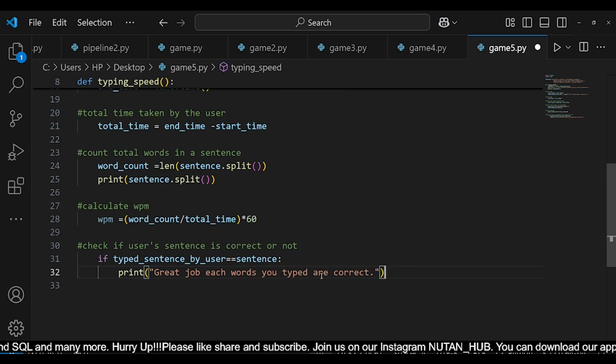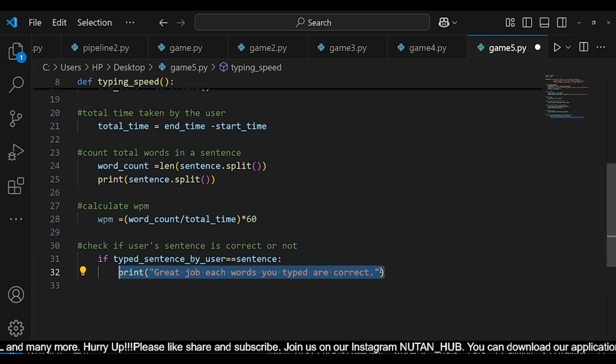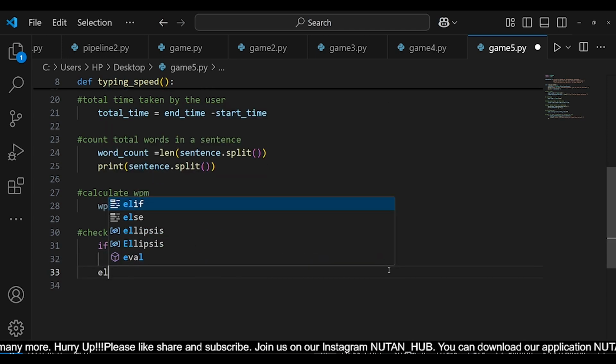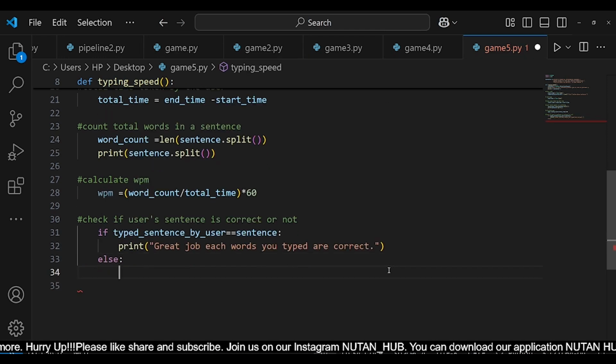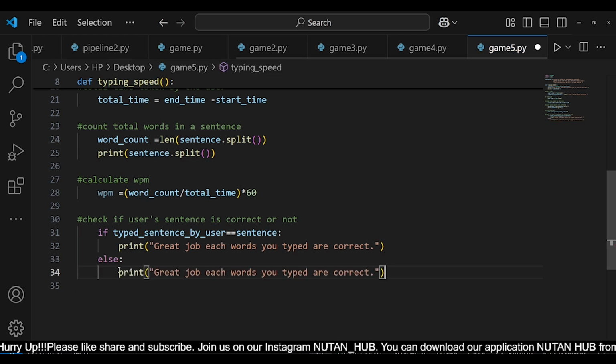Simple. Wait a minute, let me copy it. And else, if it is not the same, then I want to print here,